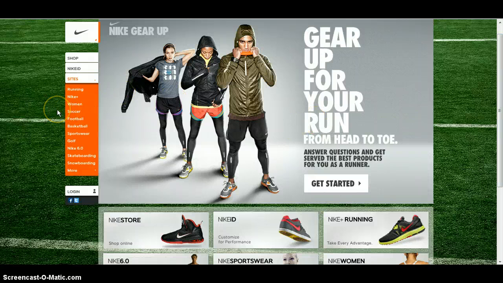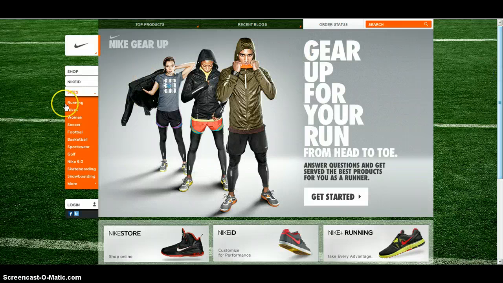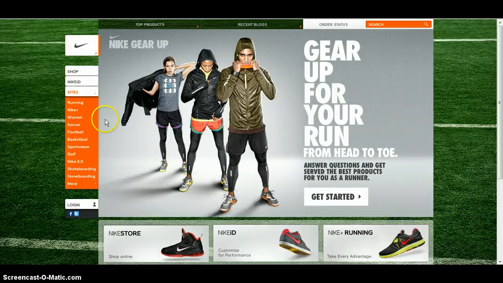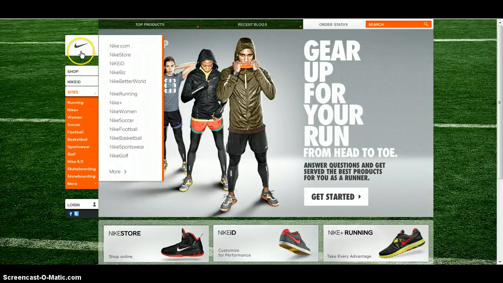But when looking at the left side, you notice that the horizontal bar is not aligned with the rest of the other sides of the page. I would have preferred for this whole section right here to be in line with the other sections, like this side right here. So first of all, if I was to redesign this, I would take this Nike logo and